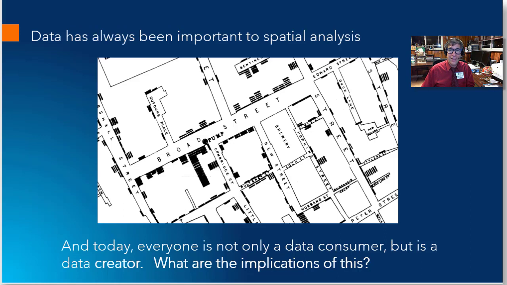Some of you may recognize this. Data has always been important to spatial analysis. This is the John Snow cholera map from 1854. John Snow was a very data-centric person, said, I'm going to map the cholera cases, which unfortunately almost always led to death then, in Soho and London on a map. Is there any relationship between the public water pumps and those cholera deaths? So using maps as analytical tools, not just maps as a reference document.